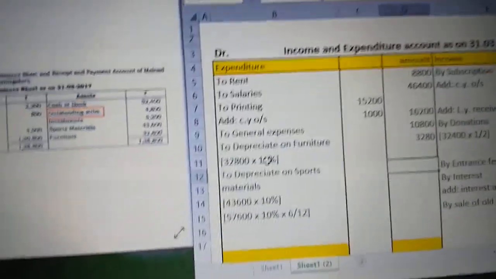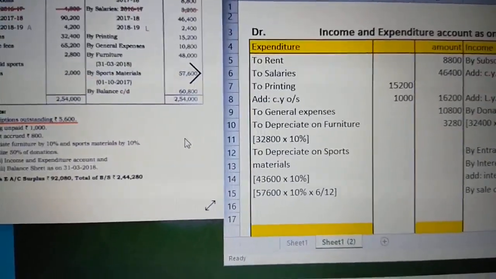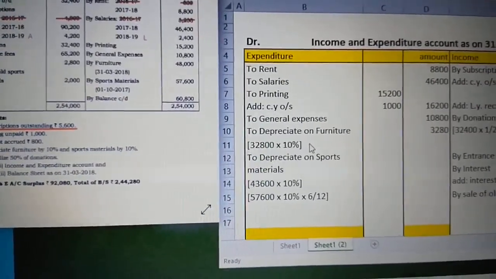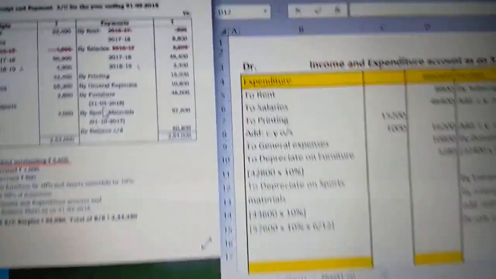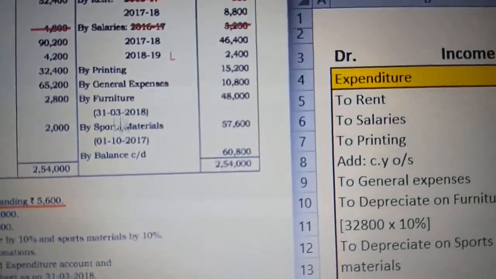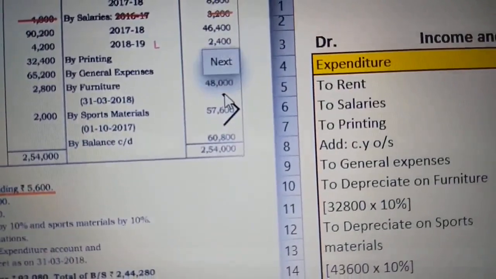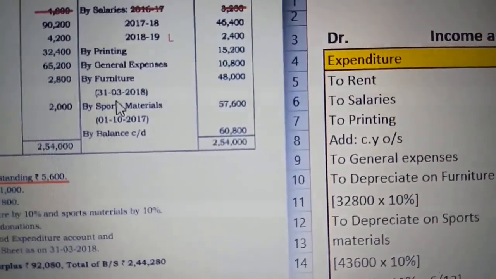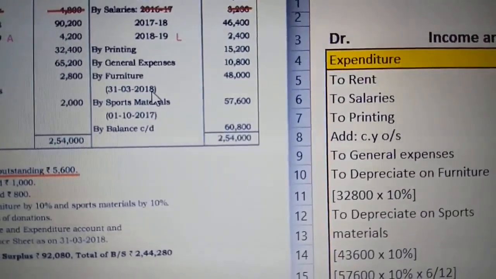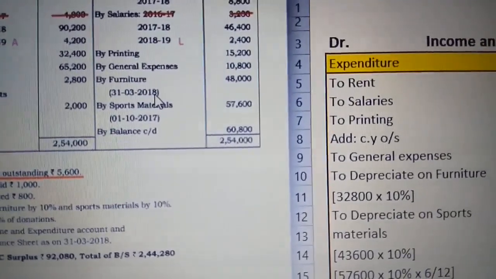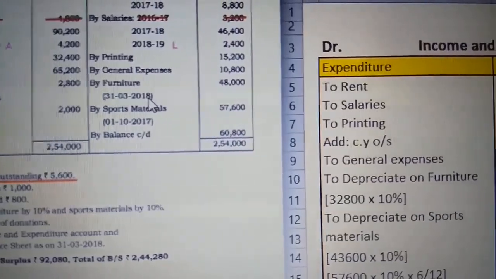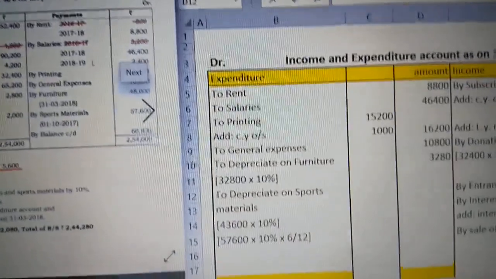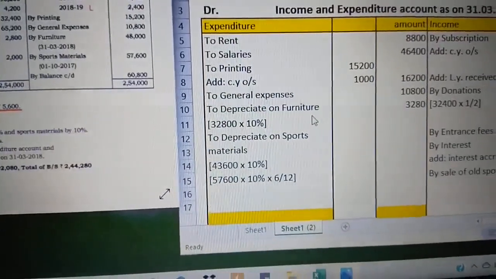Now we have two values, additional purchase, but I have not taken depreciation for the second furniture purchase, that is additionally purchased. Why? Because could you find the date of purchase, 31st March, for one day there is no depreciation to be considered. So depreciation calculation will never be considered for one day. Be very clear. Interest or depreciation calculation will never be taken into account for the last one day. So this 48,000 need not be taken for depreciation charge.